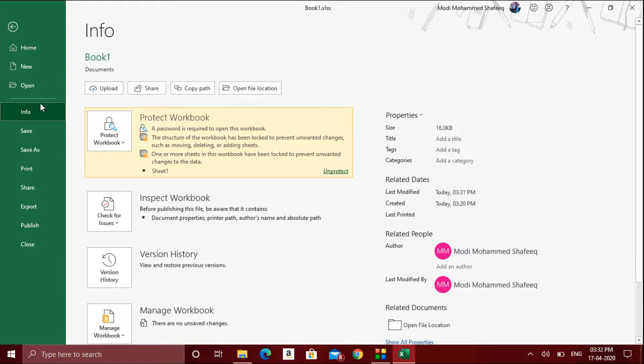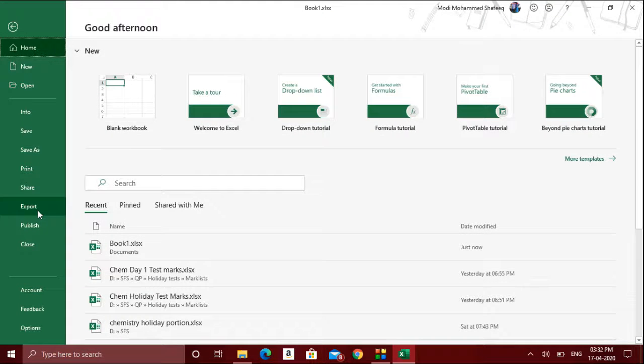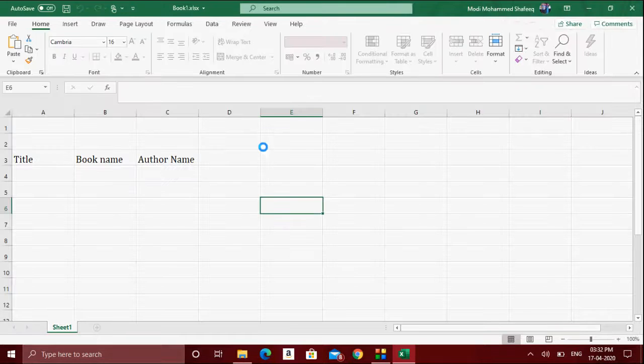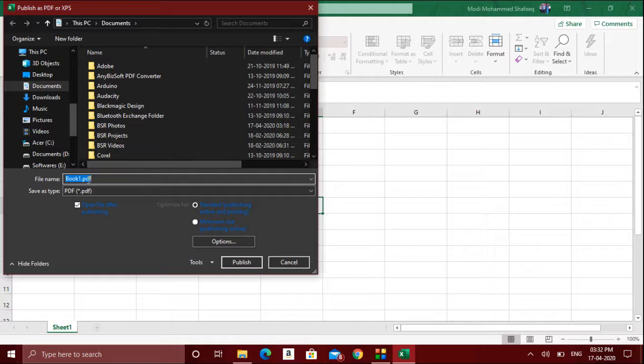Now, there are some other features available in Microsoft Excel. If you want this sheet converted into PDF format, most people will ask you to mail the worksheet. If you don't want anybody else to have access to your Excel sheet, or you don't want anybody to modify it, it's better to convert it into PDF format, portable document format, and send it. For that, very simple, just go to the File menu, and there is an option called Export. Here there is an option, create PDF and XPS document. You need to give any file name for this.